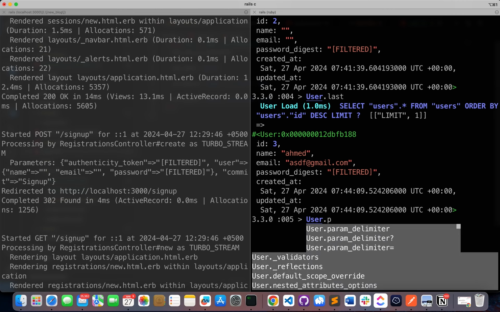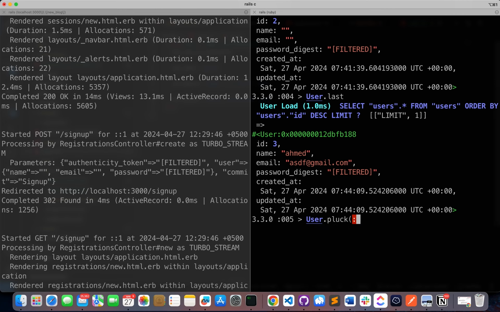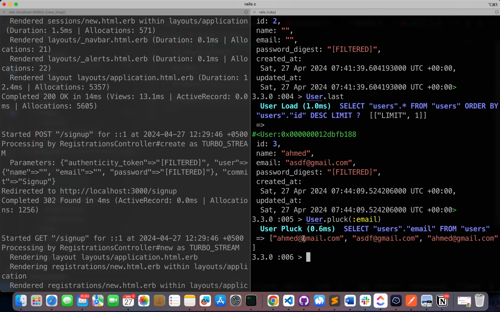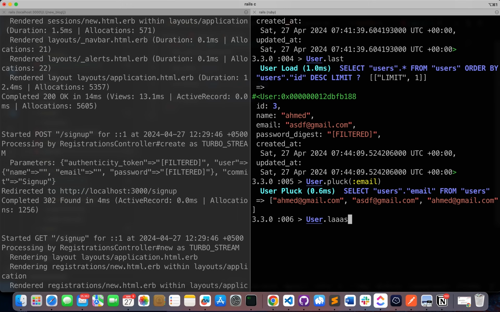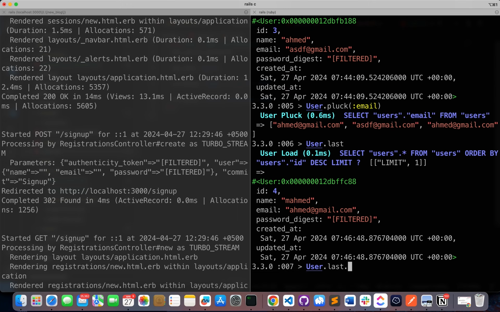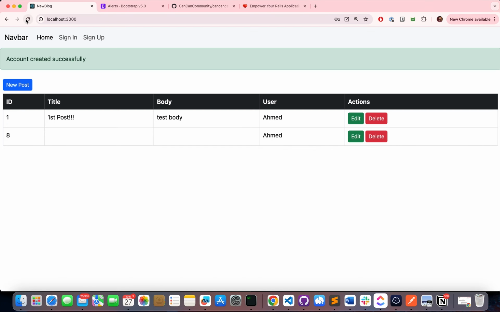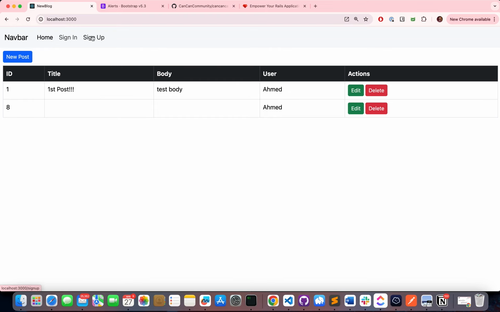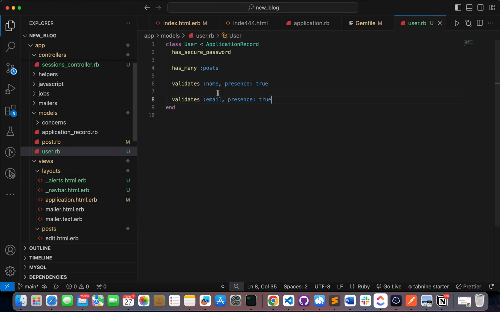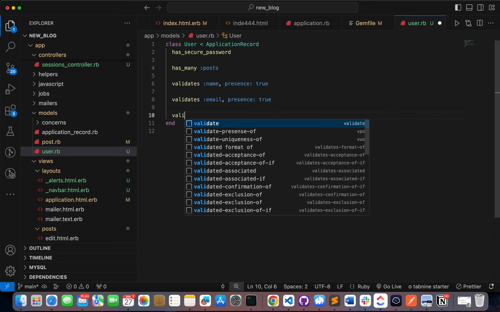If I can show you user.pluck of email, you can see that this email and this are the same, but we need to add a validation on it. So let's remove our last user, and if I refresh, then go to our sign up form, and then let's go to user.rb and add a validation of